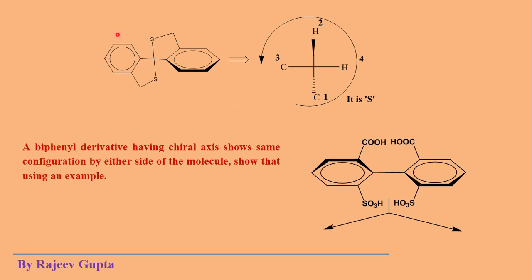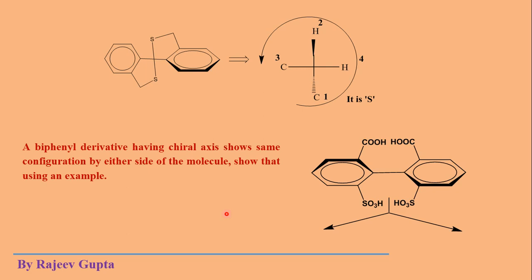Now the other example is this. See, this planar portion here contains a hydrogen atom. This phenyl ring, here a hydrogen atom is present, which comes here. Here a carbon atom is present. This is carbon, a CH2 methylene group, where the carbon atom is directly attached to this portion. Okay, here the carbon atom comes. Here, at the wedge position a hydrogen atom is present and at the dash a carbon atom. Okay, then 1 number, 2 number, 3 number and 4th number, it gets S.